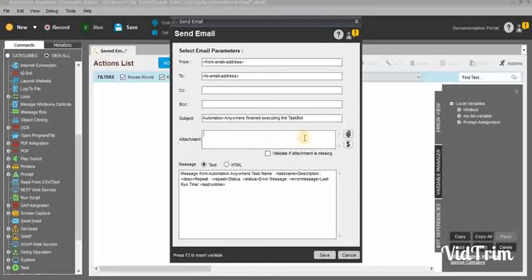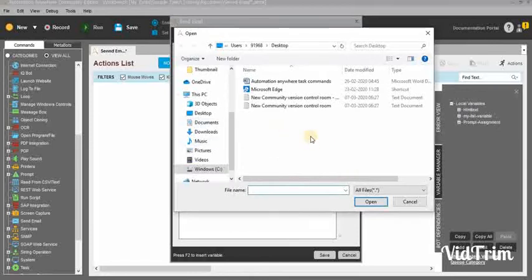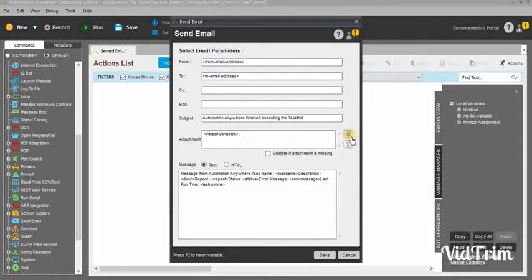Here you can add two kinds of things. One is variables and the other is attachments. The variable is nothing but a user variable, and the system defined variable will be automatically attached. Once you click on this button, it will automatically add the attachment in the notepad file. And when you click on this attachment, you can attach any kind of extension file such as images, other documents, Excel files, anything you can attach using the attachment option.